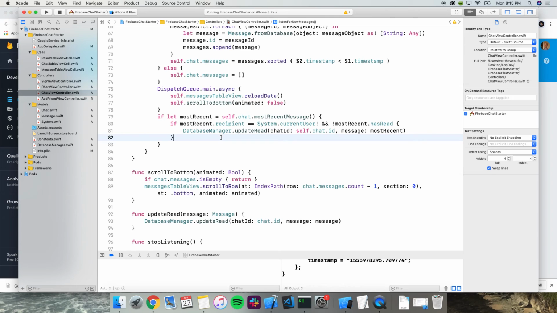So what this is saying is if we're the recipient and we haven't read the message, but we're inside this view controller, which means that we're pretty much seeing it, now we want to update that message to be read.